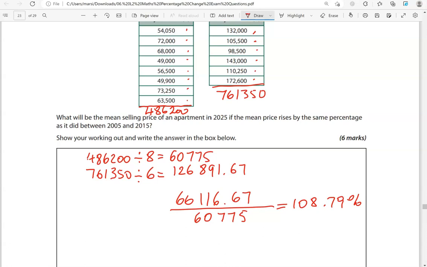So the question asks, what will be the mean selling price of an apartment in 2025 if the mean price rises by the same percentage as it did between 2005 and 2015. So we're going to increase the 2015 mean price by 108.79%. The mean price for 2015 was 126,891.67. To increase that by 108.79%, we will multiply it by